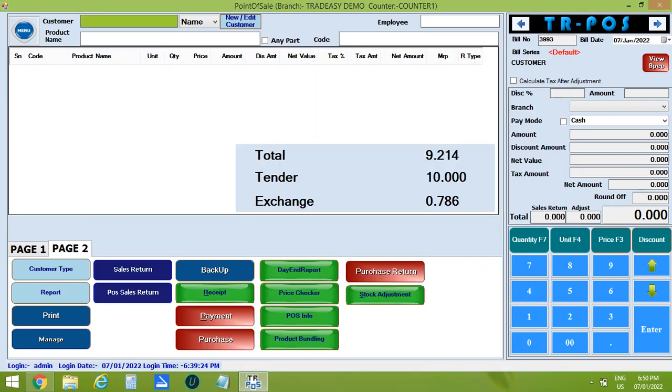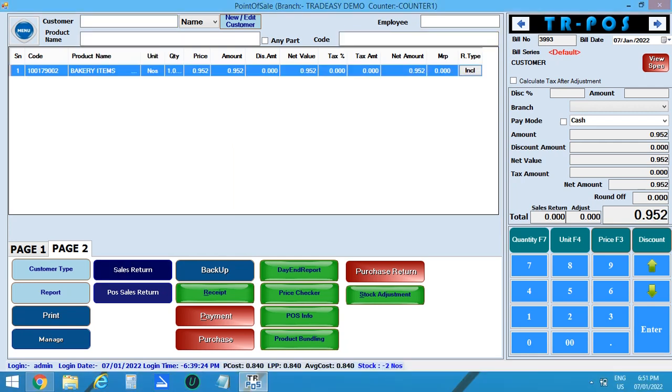If the customer wants to deduct the returning products in their new sale bill, you can use the sales return button. Select the customer, then select the products. Click on sales return. Here, enter the return rough number or the post sales return number, that is 2, and click on OK. Here you can see the total amount is showing negative.